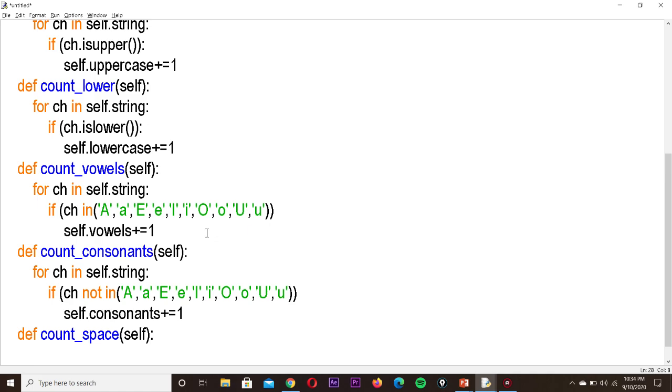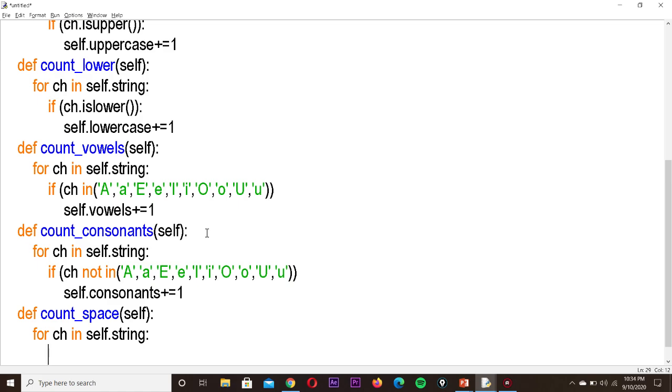Again the same for loop, for ch in self dot string, colon, a simple if statement, that's all. If ch equal to space. If it is equal to space, leave one space; if you don't leave a space, it won't count it. Equal to space means we have to increment a variable.